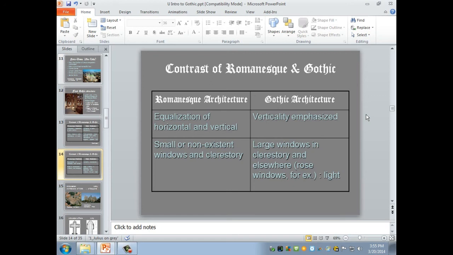They may fill the entire space between the supports in a large clerestory. And in other places, in the aisles, more windows in the east, maybe windows in the west, and so it allows in light. So light, we said light in the sense of it feels lightweight, although it isn't, but it also feels light in the sense of completely filled with light, which is a kind of representation of what light is sometimes seen as, a symbol of the divine.